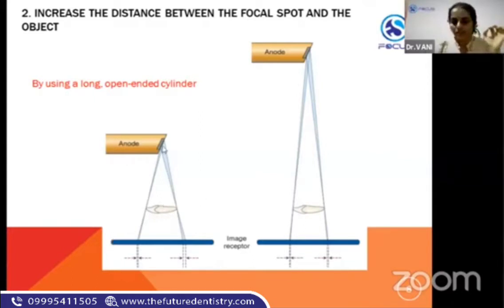Obviously, there will be some unsharpness, but the area of interest should not become blurred, right? So here, when the distance is short between the focal spot and the tooth, that blurriness occurs even on the tooth of interest. So this will be the zone of unsharpness, which involves even the tooth, right? So the zone of unsharpness is more. Then in the second picture, when the distance was increased between the focal spot and the object, what happened? Only the more straight or more parallel X-ray beams touch the tooth, thereby reducing the zone of unsharpness. And there is one more advantage of using a long focal spot to object distance.